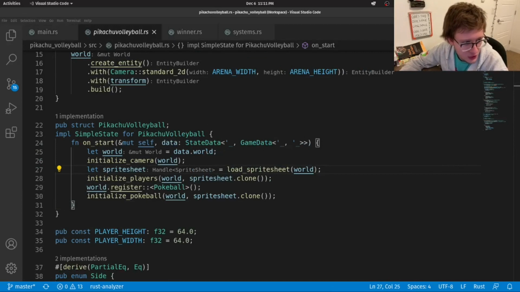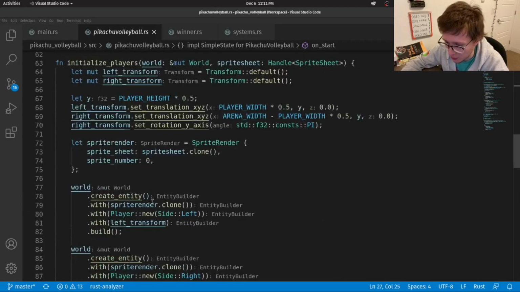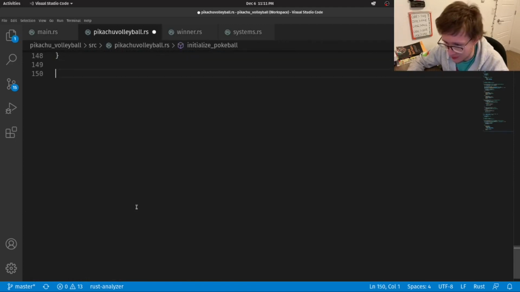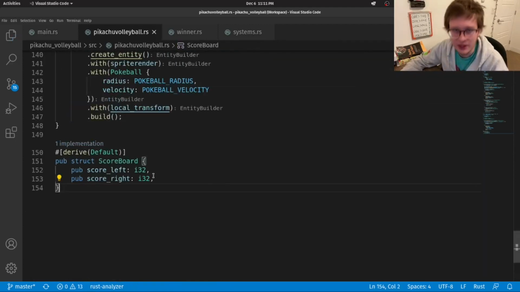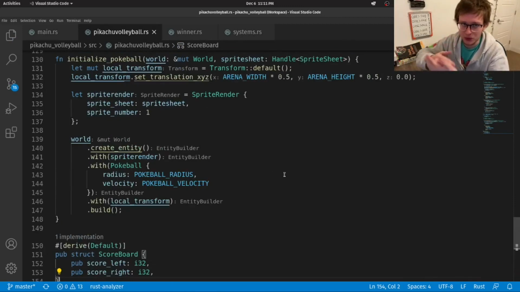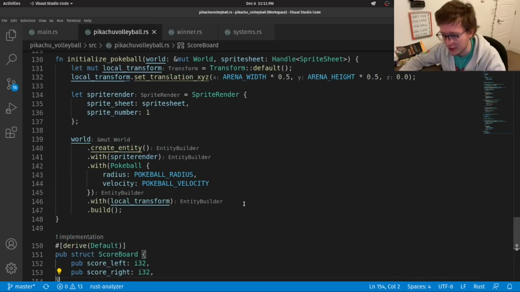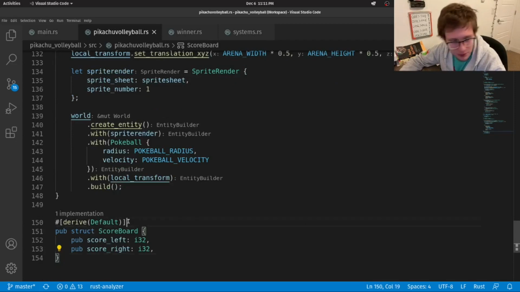And we'll create a struct for our scoreboard. Let's go down to the bottom. And you see, I'm not really organizing my code very well, right? I'm putting one thing below the other, below the other, below the other. But hopefully that helps you if you go check my code on GitHub to just sort of follow along. I don't know. But yeah, note that we are deriving from default, just so we can use the default values for both i32s, which is 0.